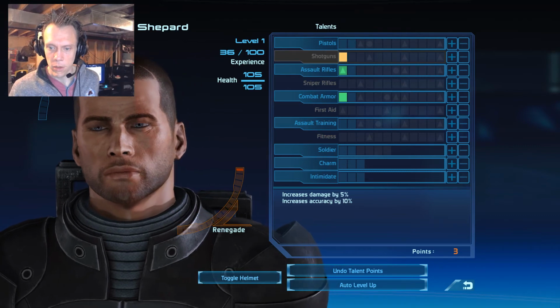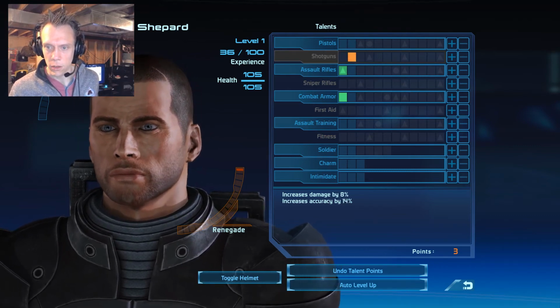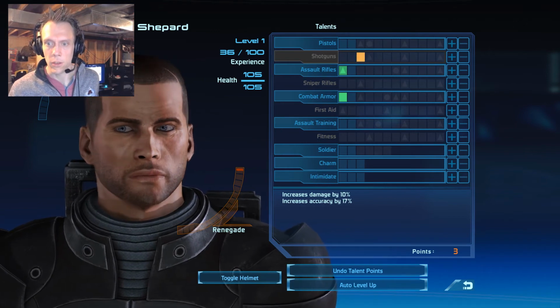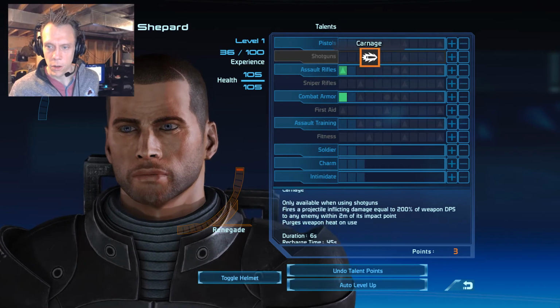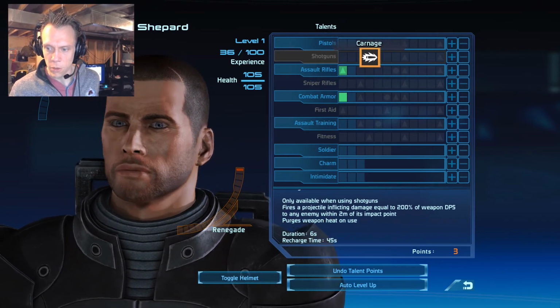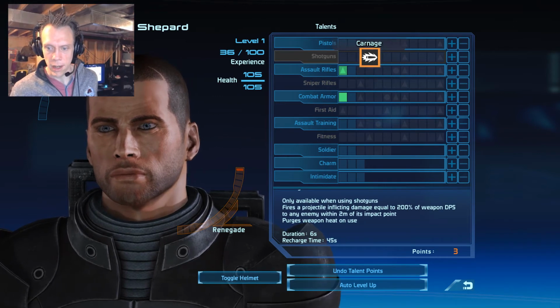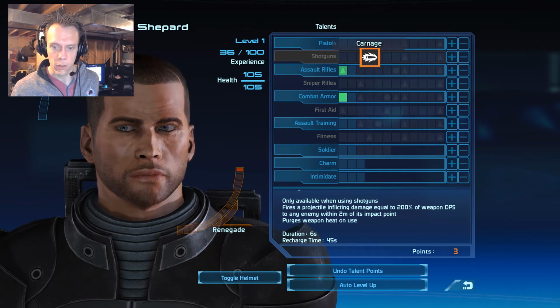Increases damage by 5%, increases accuracy by 10%, increases damage by 8%, increases accuracy by 14%, increases damage by 10%, increases accuracy by 17%. Carnage, only available when using shotguns, fires a projectile inflicting damage equal to 200% of weapon DPS to any enemy within 2 meters of its impact point, purges weapon heat on use, duration 6 seconds, recharge